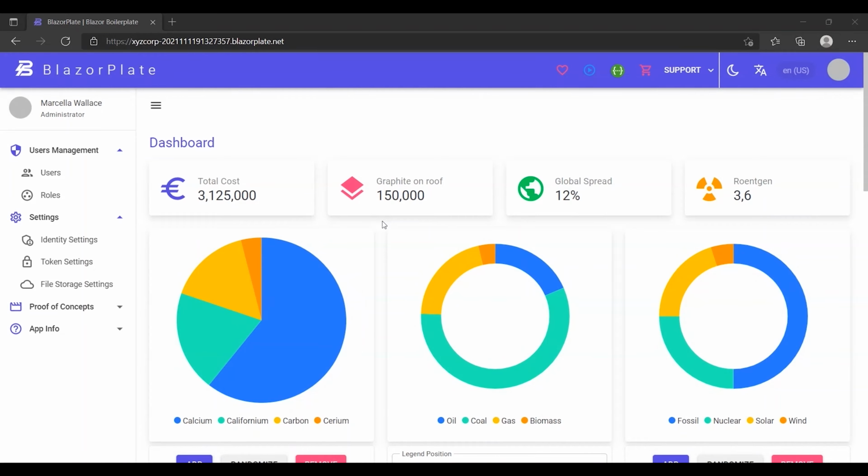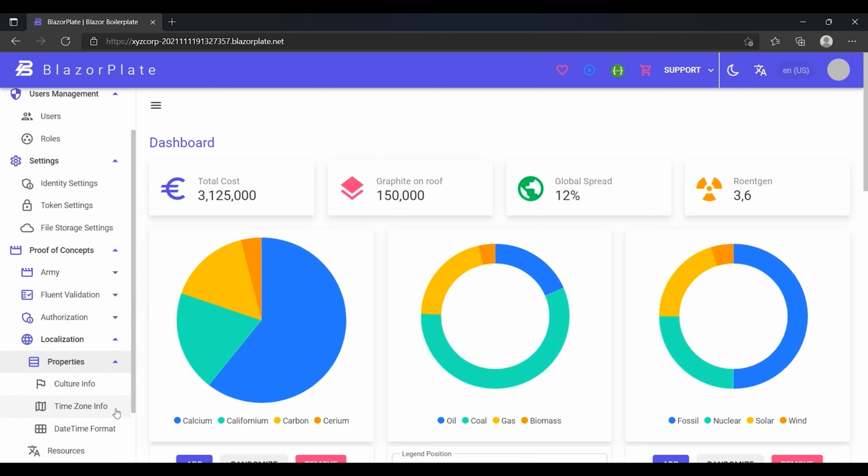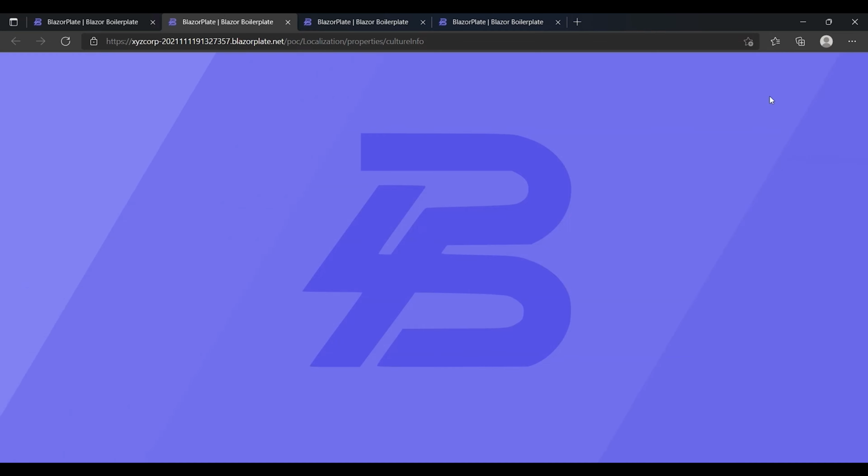In this episode, I will provide some generic information about the concepts of globalization and localization that BlazorPlate supports. Now I'm going to open up the culture info, time zone info, and date time format pages, which are located under the proof of concepts menu. The culture info page represents culture-specific information, such as the language, country and region, calendar, and conventions associated with a